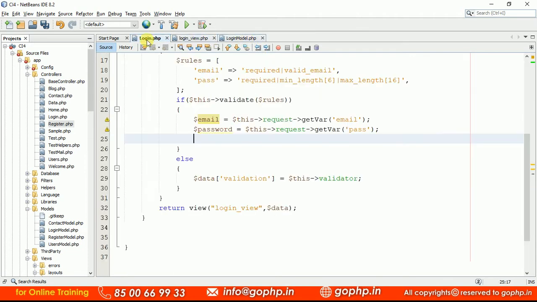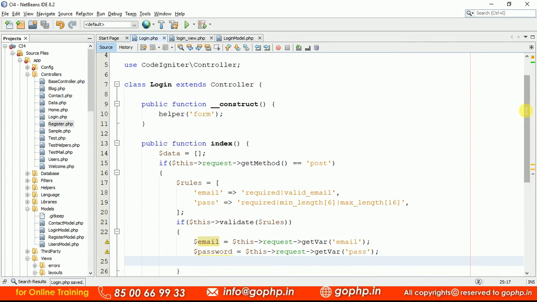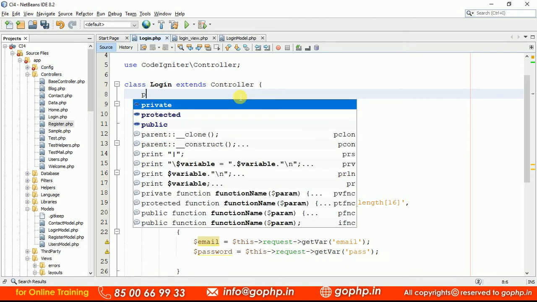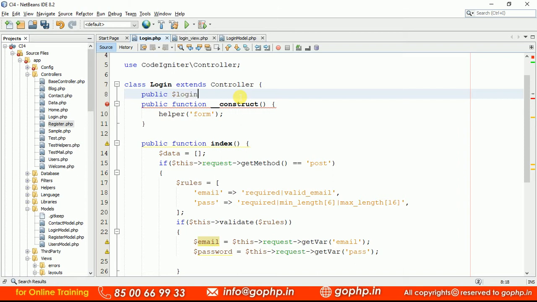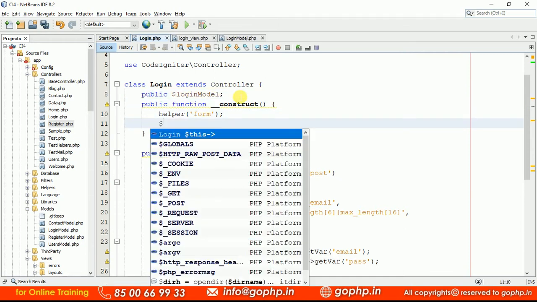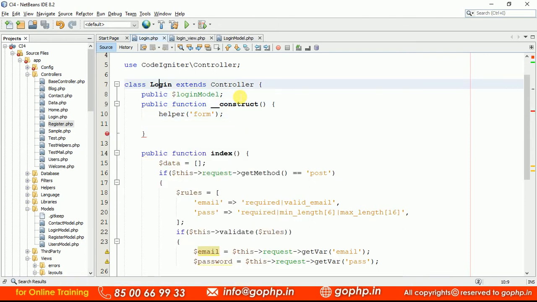So let me load the model. In this model, we are going to define a method, because that email ID should be verified with the database, right? Public. I'm writing $login model equal to, so first of all this is the variable declaration. After that, first you have to include the model also.